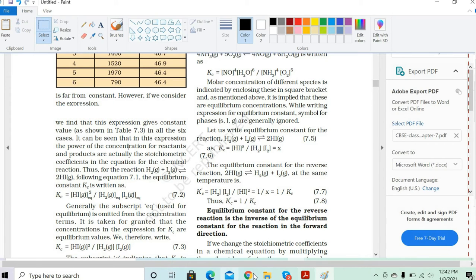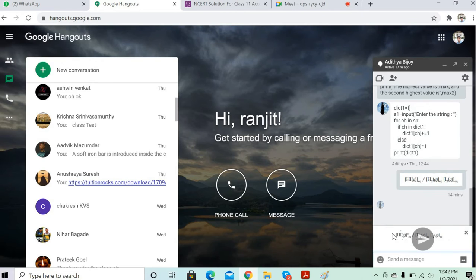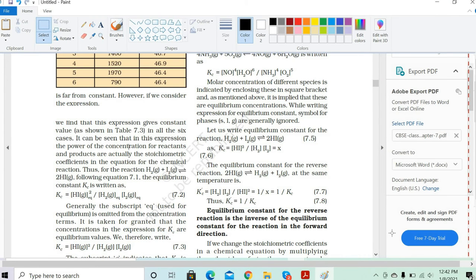This is what you need to understand. All the time, after forming the chemical equation, whatever the number of moles on the product side, that will go as a power for the equilibrium constant concentration. Clear? So the concentration will be given as HI whole squared. We'll write it on equation 7.2 so that it's clear to you. And in the constant part, everything will be gaseous. So we have to take only the gas part. Remember that: no liquid part or solid part.